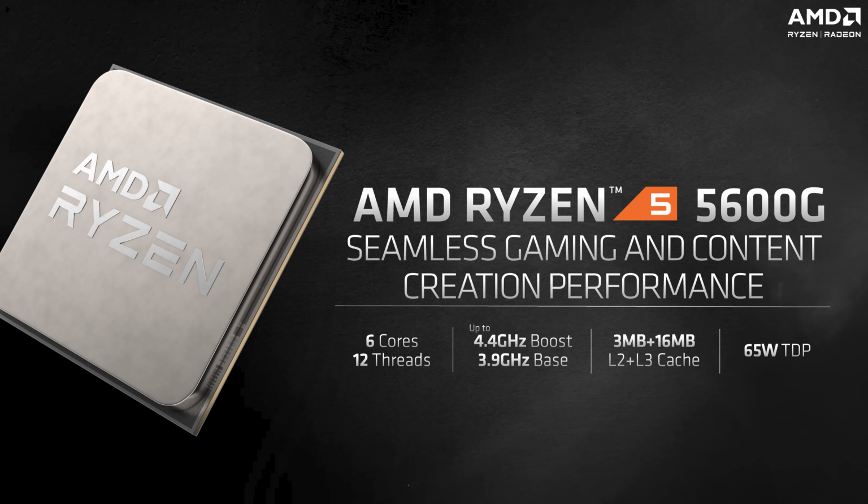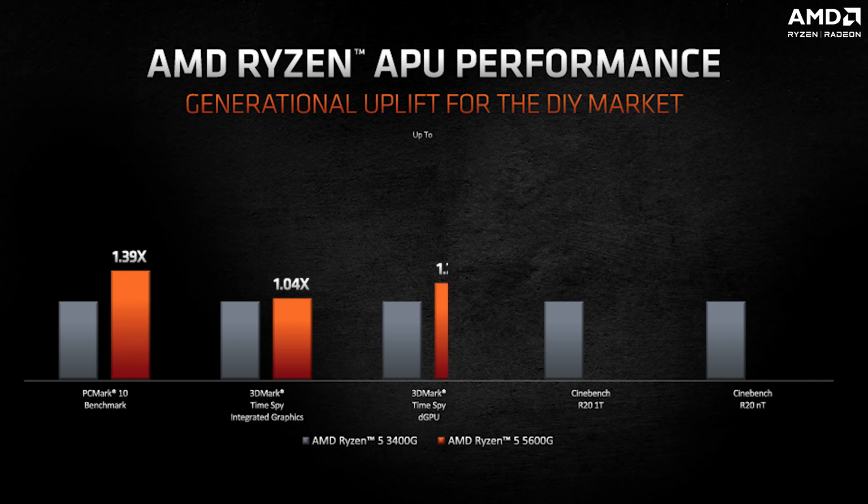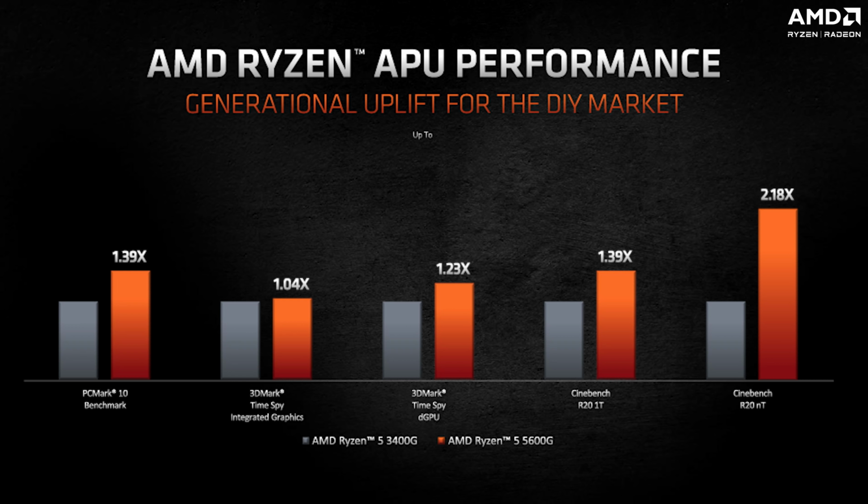The Indian SEP for the AMD Ryzen 5 5600G is Rs 22,990 without taxes. That's enough of the specs. Let's see how it fares against the AMD Ryzen 5 3400G from the previous generation of APUs. The 5600G is 39% better in PC Mark 10 and Cinebench R20 single-threaded benchmark. It's 118% better in Cinebench R20 multi-threaded benchmark and 23% better in 3D Mark TimeSpy when paired with a discrete